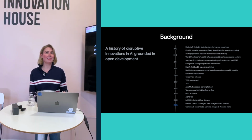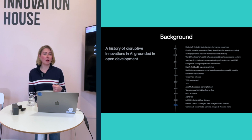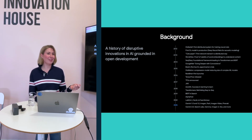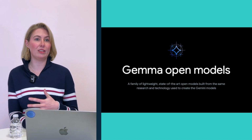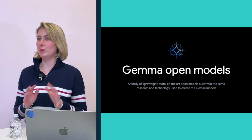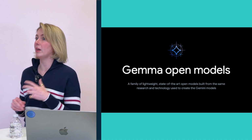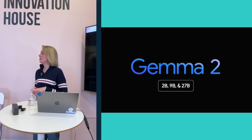But we also know that the raw power of our frontier models is not enough to fuel the next wave of innovation, and that true change comes from putting that power in the hands of all developers. And that's where our latest investment in open source comes in. Gemma is built on the same cutting-edge research and technology as Gemini. It's a family of lightweight, open models meticulously crafted for you. Our goal with Gemma is to put the power of our frontier models in the hands of developers to accelerate your work. Our latest release of our foundational models is Gemma 2, which comes in 3 different sizes: a 2